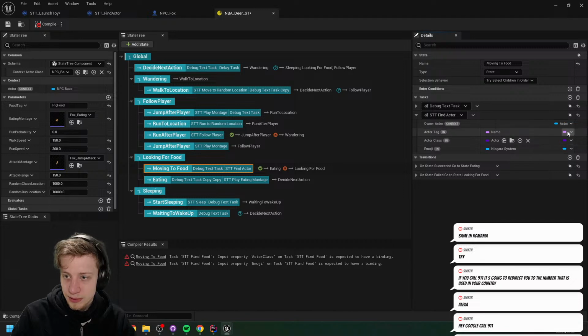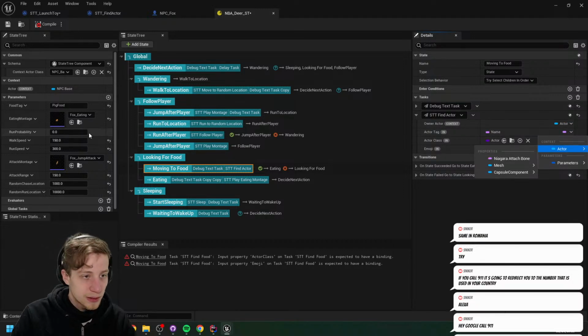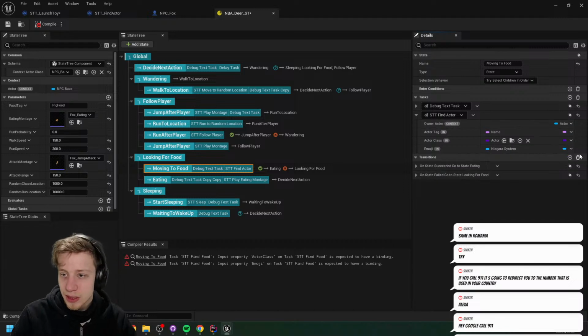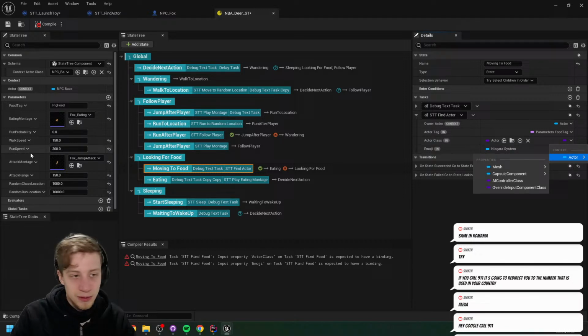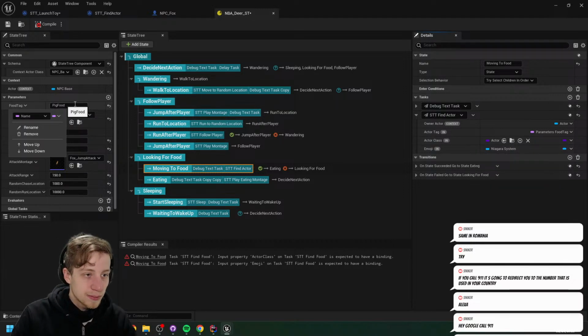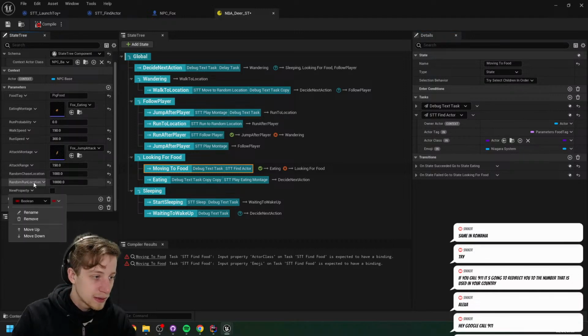And let's just link this correctly. Oh, I am in the deer. Goddamn it. I'm going to have to fix it here anyway, but still. Food stack and our actor is going to be, but it should always be the same one, doesn't it? Well, it doesn't matter. We're going to have to have it as a parameter.